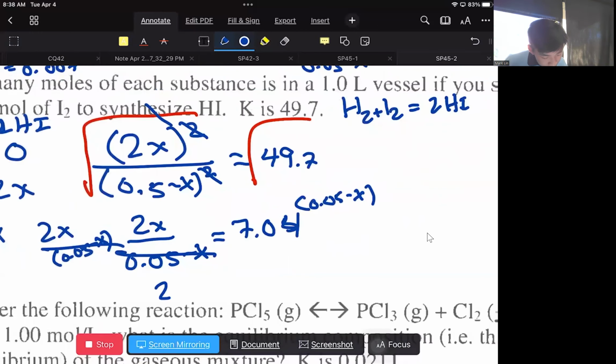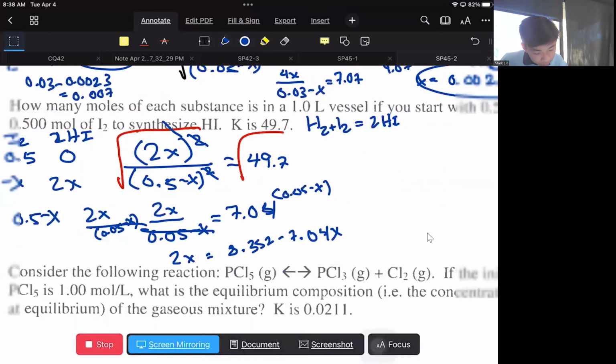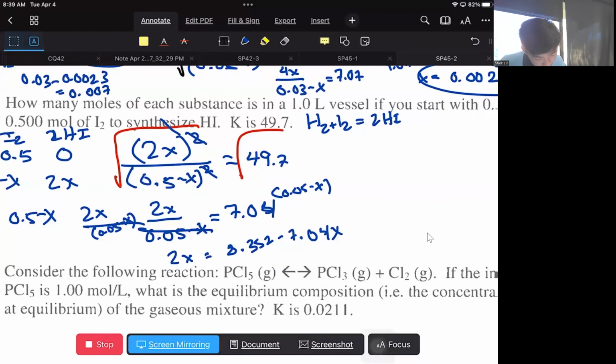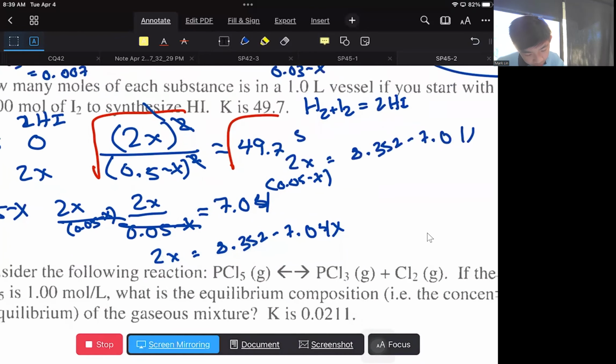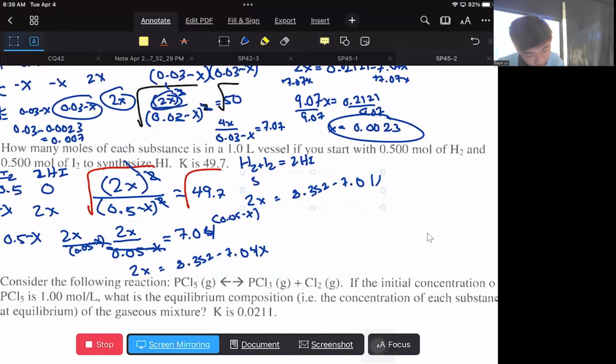This will give you 2x equals 0.352 minus 7.04x. Right. And make sure your sign is negative. Make sure that it changes. Okay. And so you add